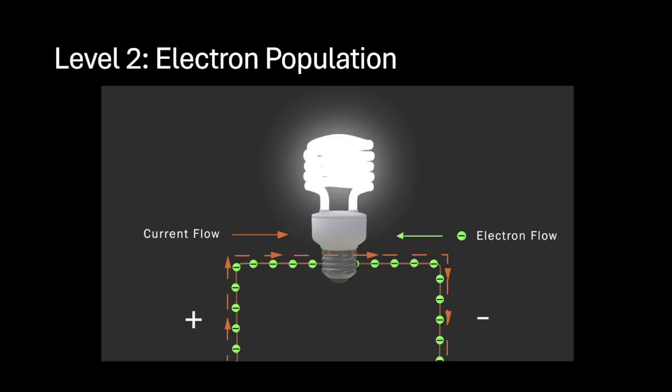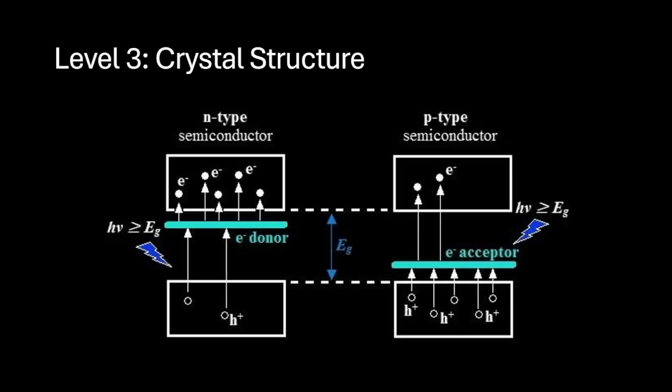Okay. One level up, we have the general flow of electrons. So now we don't think of the electrons as individual particles, but as a whole collection of particles that moves in a kind of sea, and that's determined by the electric field around the electron. So electrons will move towards the positive end and away from the negative end. And so the electric field, you can think of it as a bigger thing influencing the way electrons move.